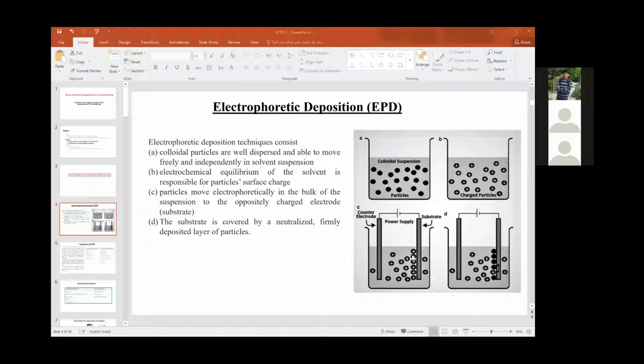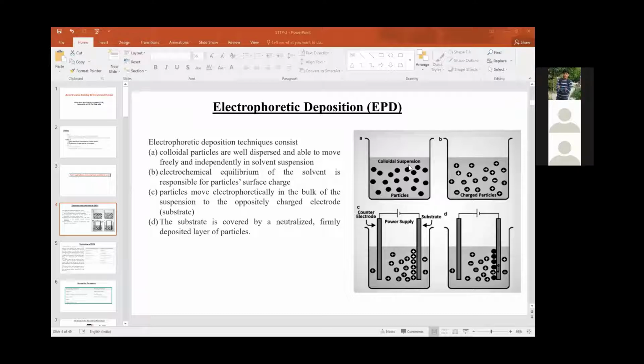And if we want to synthesize the material, then we apply a constant or variable current. Due to this, the solution, the colloidal suspension, contains the precursor and the materials are separated.